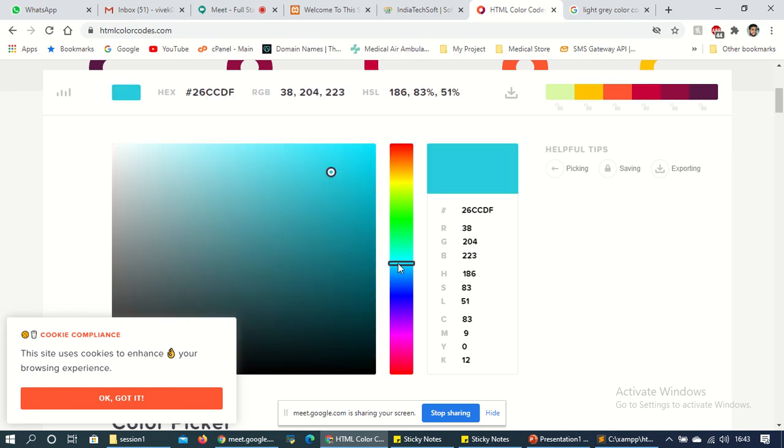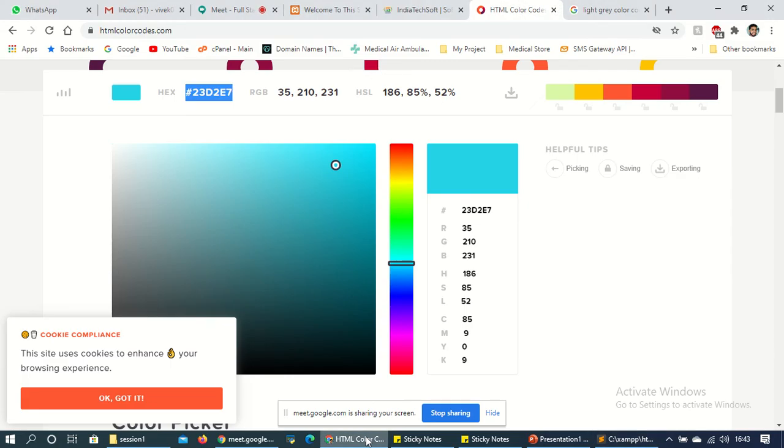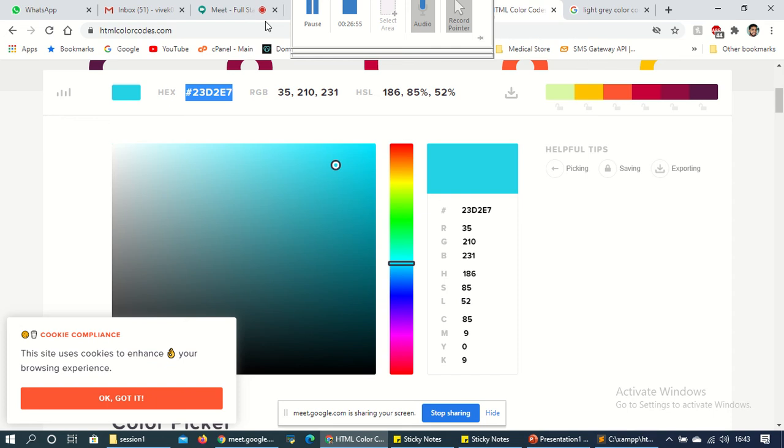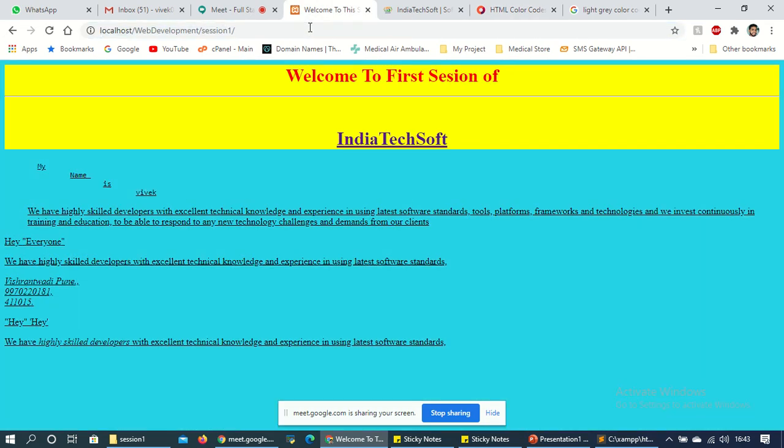Just copy this code in hex, and go to your session. Hexadecimal code always starts with a hash symbol. So now we are able to change the color of this web page.